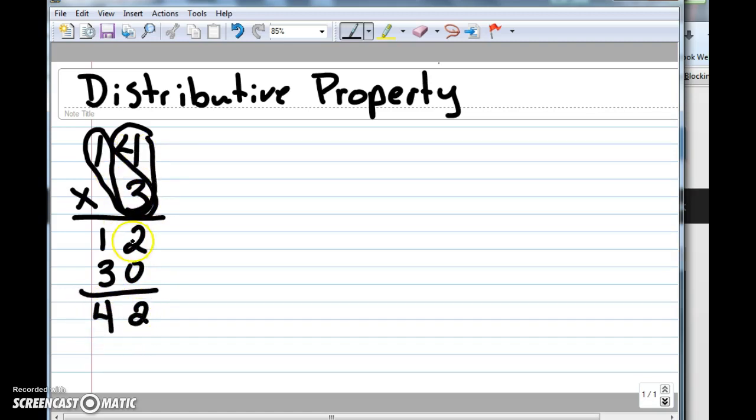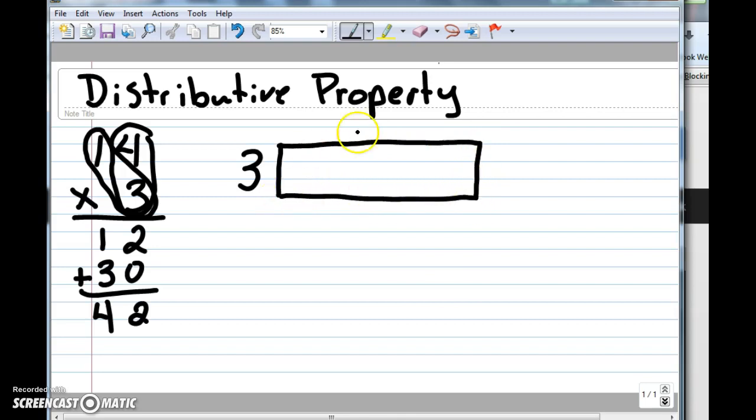So 3 times 4 is 12, 3 times 10 is 30. Add the numbers together to get 42. Another way to look at that is if we had one side of a rectangle that was 3, another side of our rectangle that was 10, and the scale's a little off just so it's easier to see, and then another piece added onto the rectangle that was 4, we would say the area of the rectangle is length times width, which is 3 times 10,